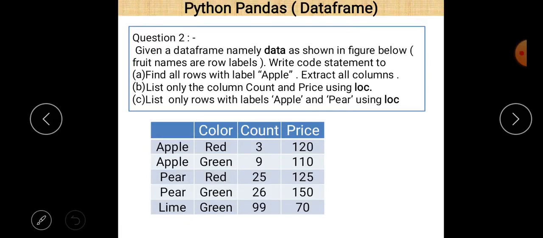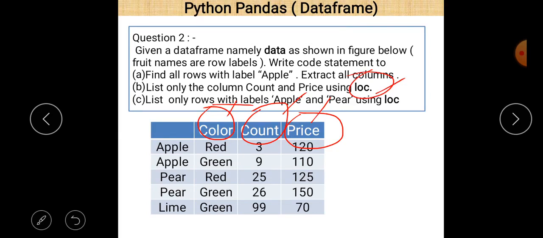See here, this is the data frame. Count and price are two columns of the data frame. So list only the columns count and price. The color column is not used actually. So in this case only two columns, count and price, are used, and we have to use the LOC method here.